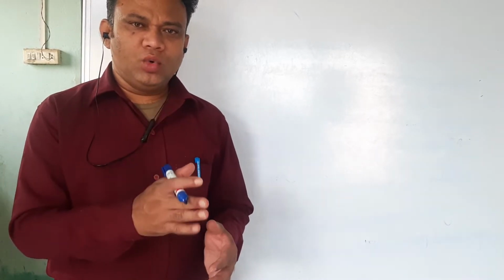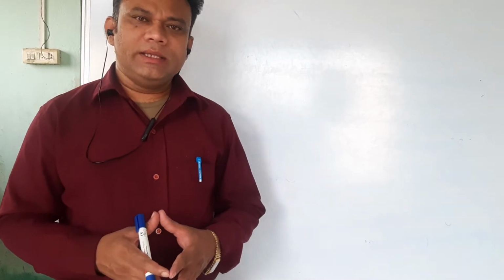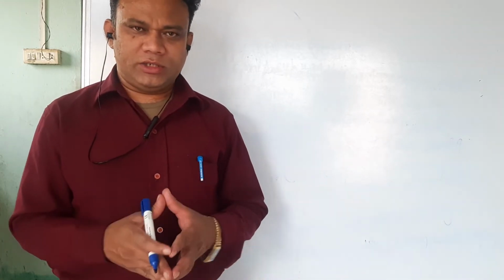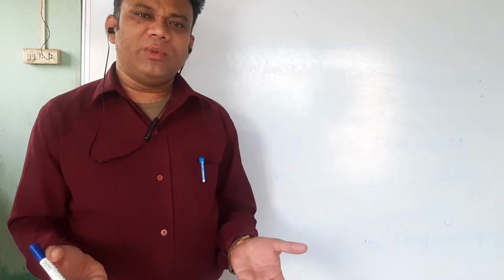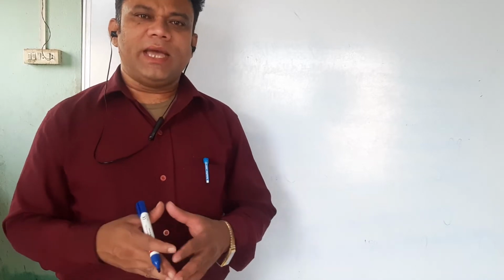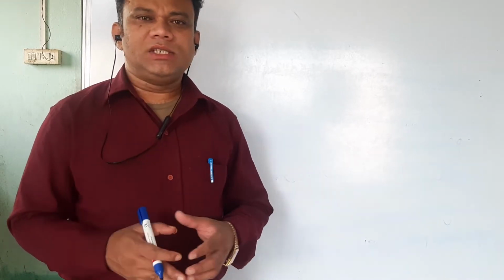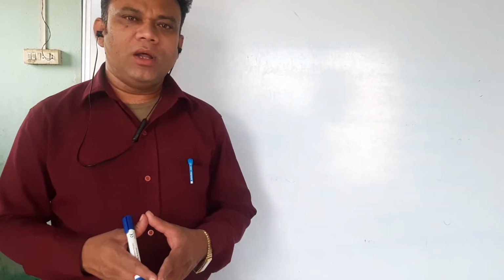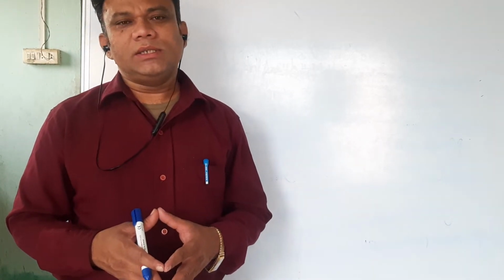But remember that if not is used along with do, does or did, then instead of cancelling just not, we have to cancel do not, does not or did not. The cancellation of do not doesn't affect the main verb. Whatever main verb is there, same main verb we have to use in the sentence. But if we cancel does not, then in the answer we have to add the suffix s or es or ies to the main verb. And if we are cancelling did not, then the main verb we have to write in the second form.